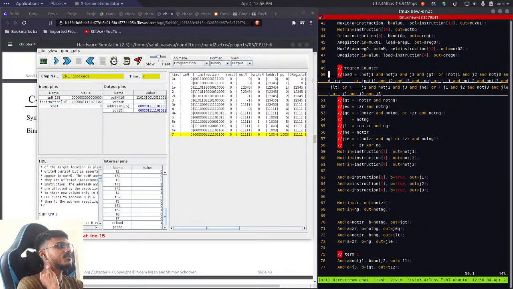It's a function of the J1, J2 and J3 bits, the jump bits, and JGT. But what if the instruction is of type A? This is for when the instruction is of type C. If it is of type A,